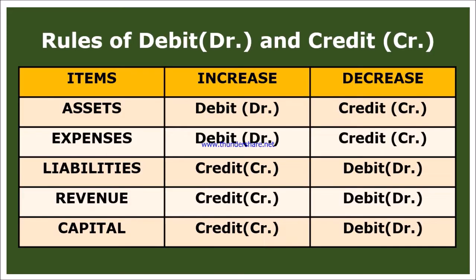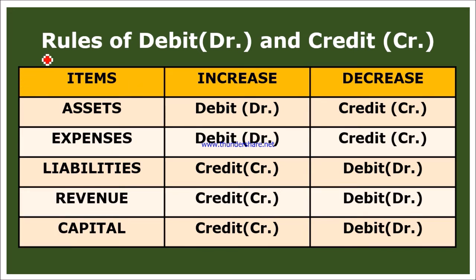So let us see what to do in that recording of business transactions in a systematic way. We have a few rules for debit and credit. Now you may ask, what is the meaning of this debit and what is the meaning of this credit? They don't have exactly any such meaning. Only one thing to keep in mind: we make an account. Let me show you.